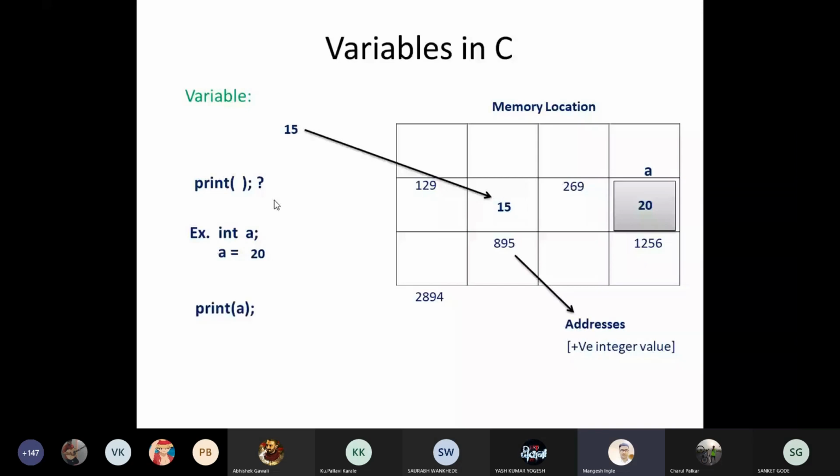So for that, we don't need to access the value. We need to access the variable, or we need to access the identifier. So print a means what? Now the value is 20, but what about the bank application? Crores of values are there, crores of memory locations are there, crores of values stored in that memory. So is it possible to remember 5 crore 50 lakh 7,890?